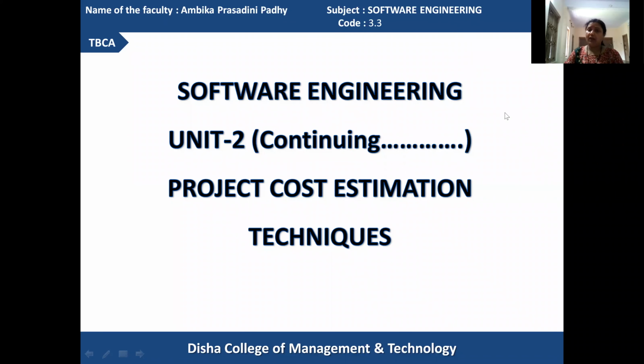Today we will continue our same topic, that is project cost estimation techniques. In the previous class we discussed the estimation techniques that are helpful for estimating cost, time, effort, and duration.